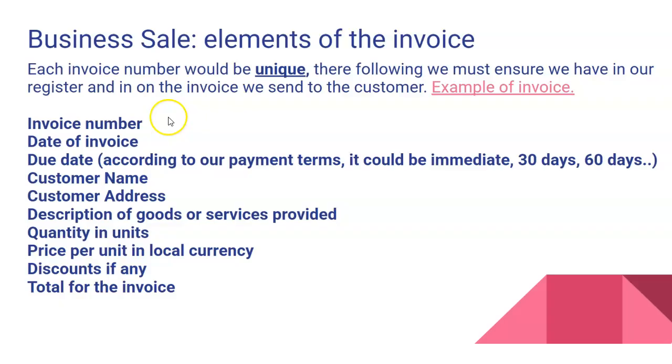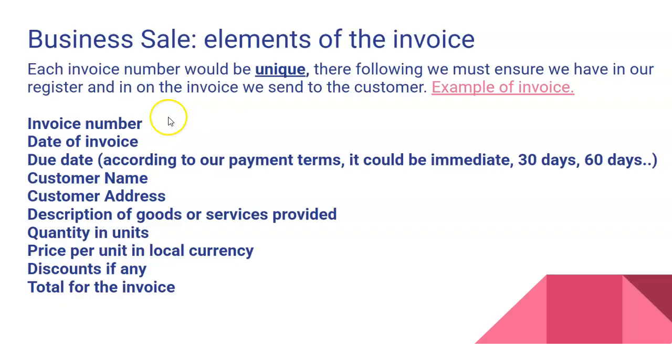Every business has their own way to record, their own references, it doesn't matter how, but it has to be sequential, 1, 2, 3, 4, 5, and so on, and it has to be unique. So quite often companies use the year in the reference or any other identification, but it has to be unique. You cannot repeat the same number for the same client, or it has to be unique across the whole accounting